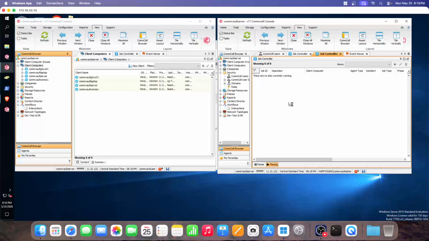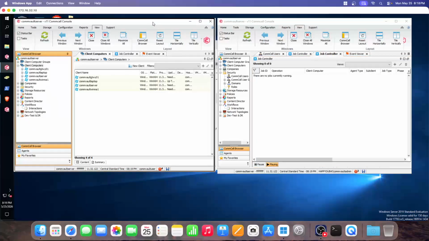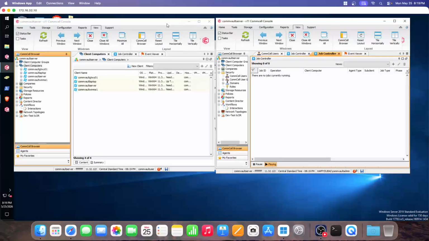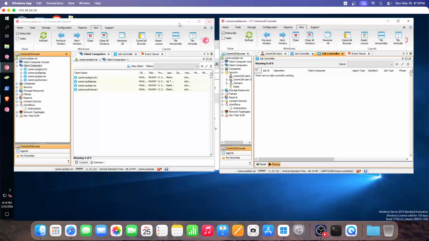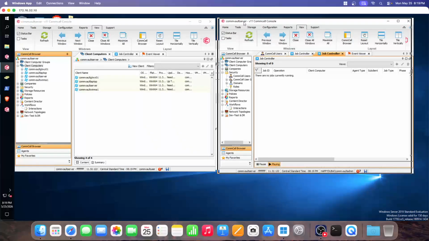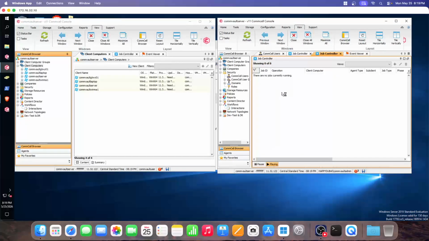I'm still working on the Kubernetes stuff and getting Kubernetes working in CommServe, along with Docker, kind of just trying to figure out how I can back up Kubernetes in Docker. Create a Kubernetes CommServe, essentially. So using Kubernetes, have an instance of Commvault in Kubernetes so that I can use it for backups. Again, I don't know why anybody would want to do that, but